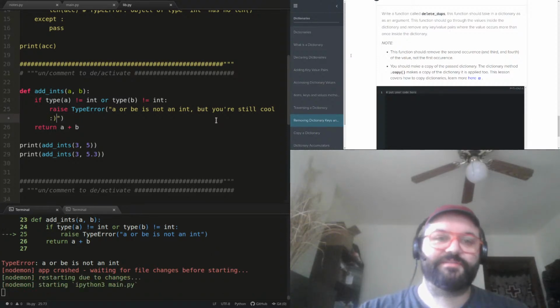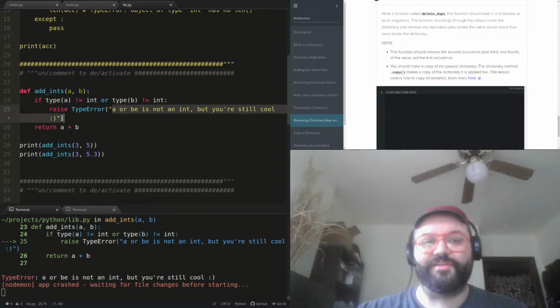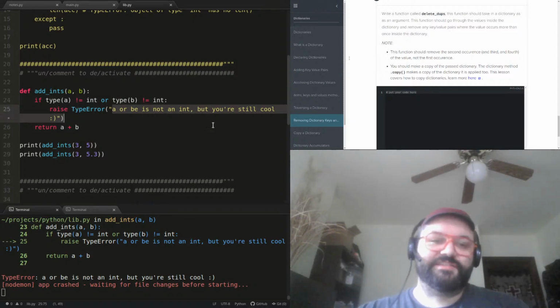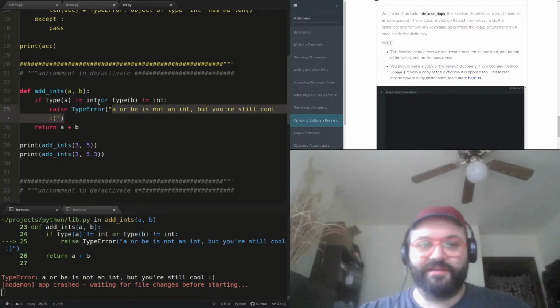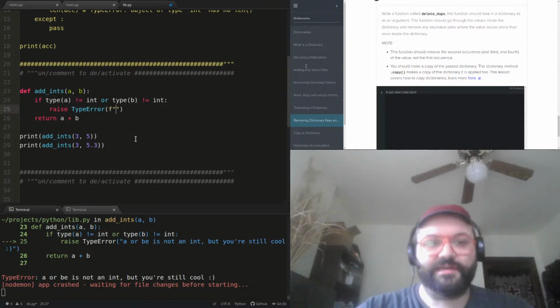I could write my own custom errors to make me feel good about getting an error, so that even if I get an error, I'm still cool at least. I probably wouldn't do that in real life, but just to demonstrate, you can put whatever you want here, any string, and it's going to display. It's pretty common to have an f-string in here, and you'll format something in.